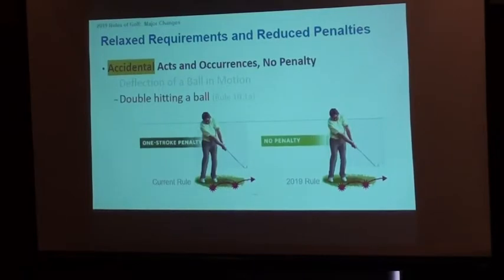And also that goes the same for double hitting a shot. Usually these are chip shots, but if you accidentally double hit or even triple hit a chip shot, there's not a penalty anymore. You simply count that as a single stroke, play the ball where it ends up and move on. This is accidental. So if somehow somebody had the talent to double hit a shot on purpose, that would be a penalty. And then finally, this